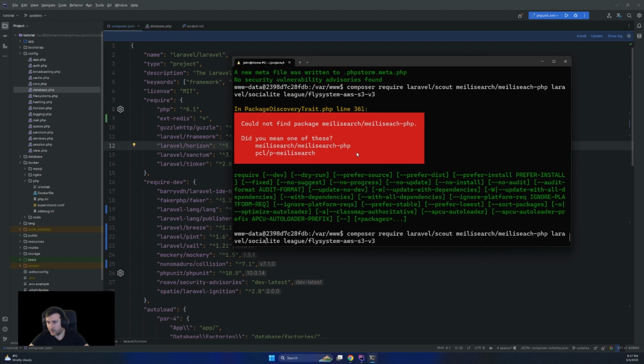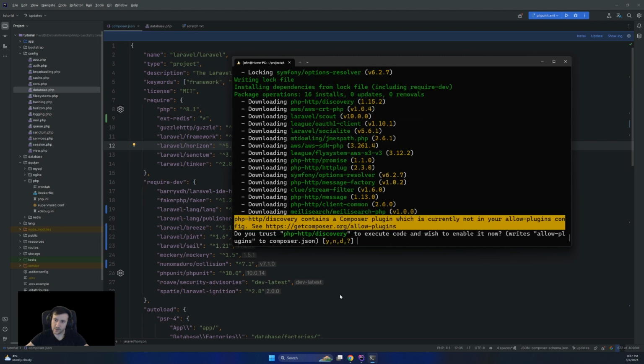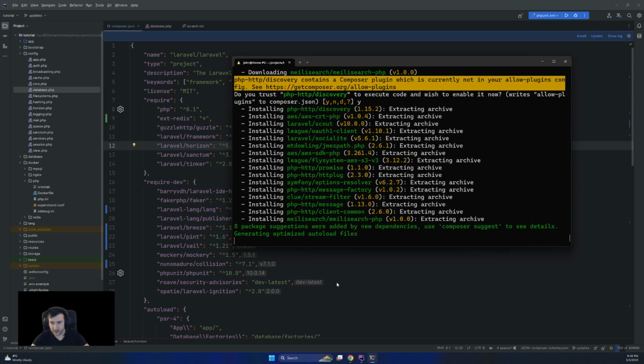Okay, mainly Search, yep, my bad. Okay, so now we are asked if we want to use PHP HTTP Discovery as a dependency of one of those packages. So I'm going to add that in the composer.json as well, so I answer yes to that question.